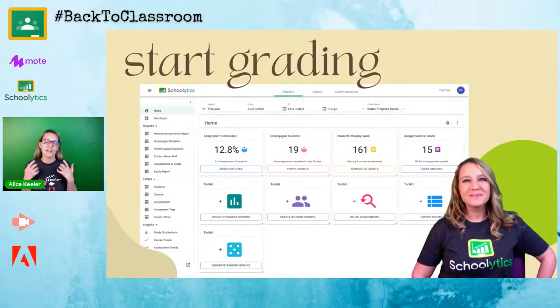So let's get into it. I am a teacher and I like to start grading. And this is one of the things that saves me so much time: when I go to Schoolitics.com, it says start grading. You see this little home screen of tiles that shows me a variety of things. The one over there on the right says what percent I've graded and how many files I need to go through. This is literally just saving me hours. I'm able to blast through this. In fact, one of my students today said, Miss, you're like the only teacher who's caught up on their grading because you have this Schoolitics thing. And that's so true. I don't think I've ever been caught up in my grading in my whole life.